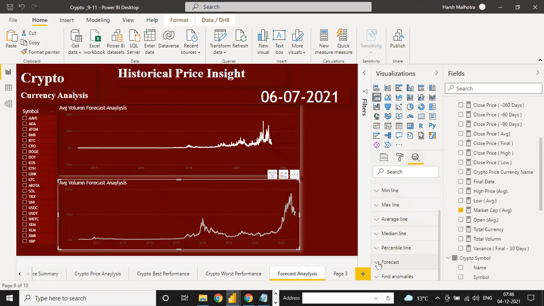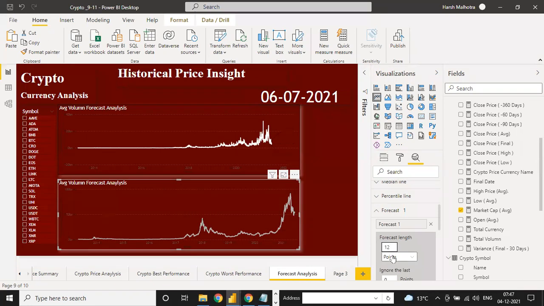Okay, and now if we analyze this market cap in the way of forecasting, click here, same way, go to this forecast, add option. Okay, and if we need, same way the 12, and you can change it.